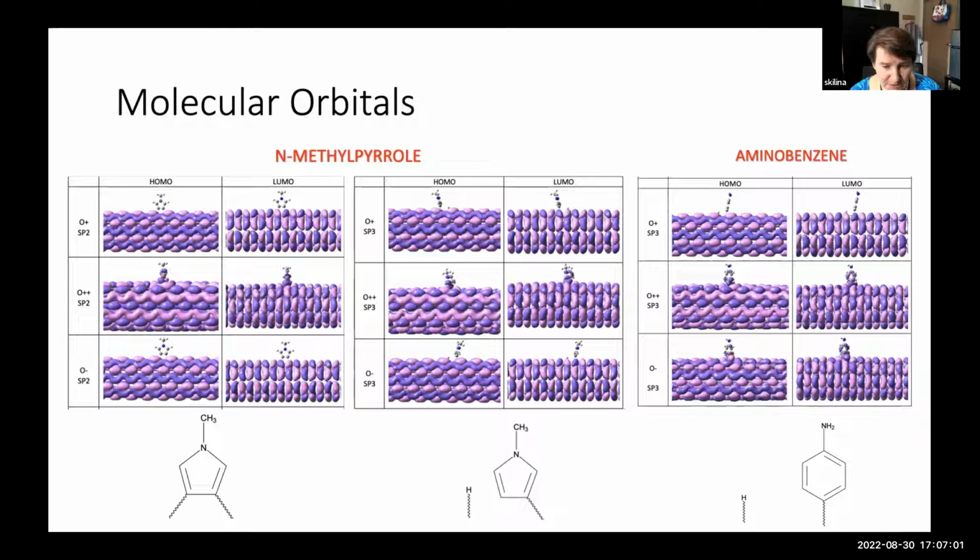So look at O++ for the case of methylpyrrole, and look only at LUMO. The bulbs on LUMO are like little sausages, right? For sp3, where there are two methylpyrroles, it doesn't matter which one you use, they are pretty much alike in both cases. Just either there or there. Let's look at the sp2 methylpyrrole on O++, which is not degenerate in this case. And you see that,